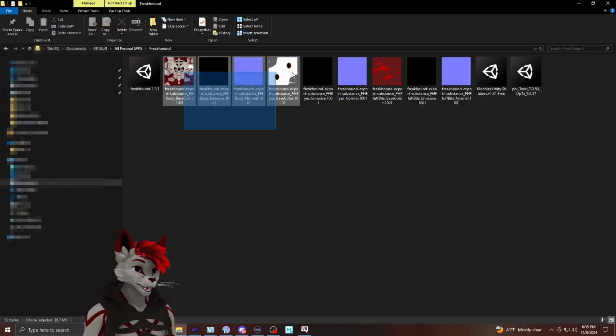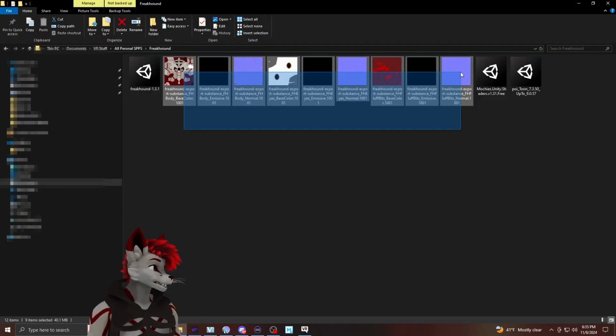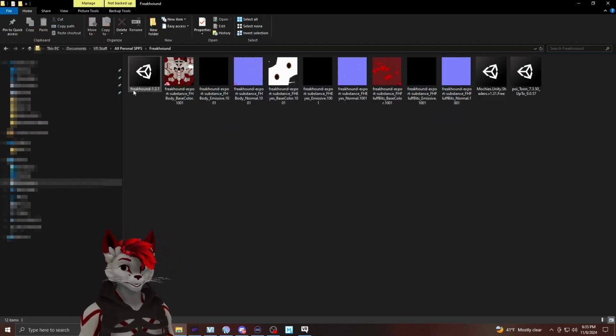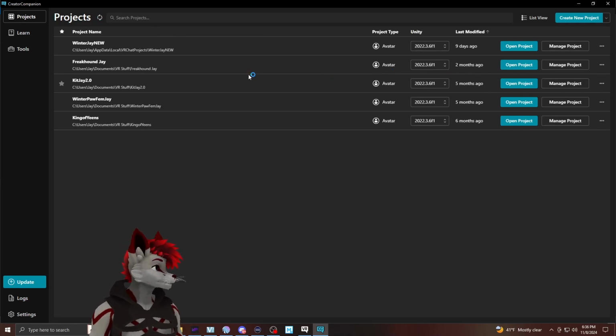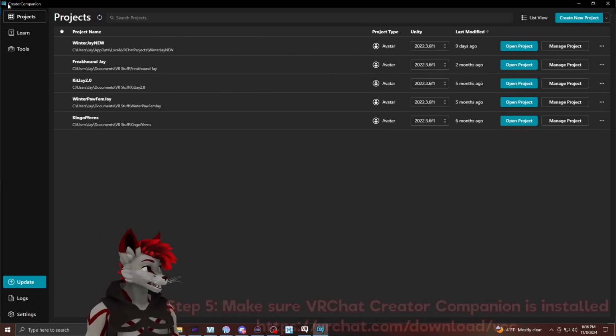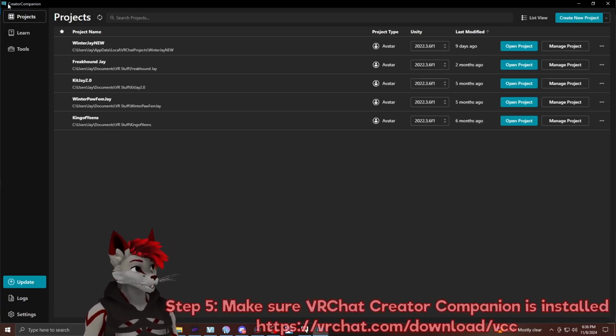Now, once you have all of the images for your retexture in your folder, as well as the Unity package for the base model and the necessary shaders, you can start to look into getting Unity. The most helpful tool you can get for yourself as a start is the VRChat Creator Companion. If you go to the VRChat website, or even just to Google and look up VRChat Creator Companion, you can